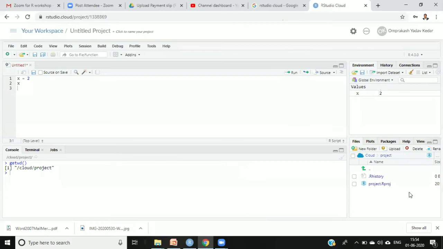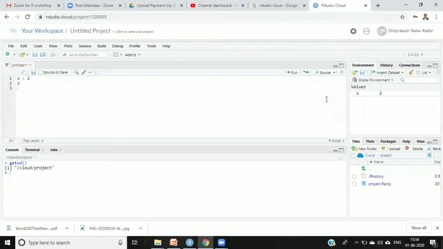On the cloud, whatever we have to do, we will have to upload the things. For example, if you want to use any data set, first of all, we will have to upload the data set in that particular directory. Here the directory is set to project. If you upload anything, it will be uploaded in this directory by default. So no need to set anything, right? Let it be the same directory. Whatever default you are getting will be the project directory in the cloud. For the cloud user, there is no problem. But for RStudio, those people can make the directory anywhere and then they can set it. I hope this is clear to you, how to set the directory, right?